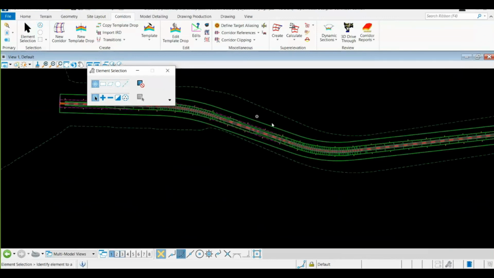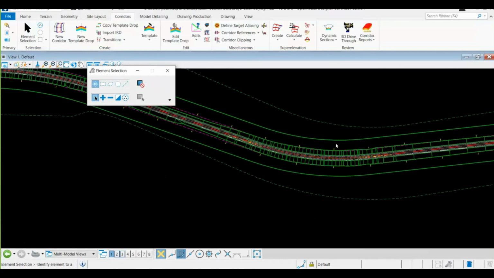This outer green boundary was earlier not present since we have applied our super elevation. So this is basically my superelevation section. And as I have assigned and selected my rule file, selected my E and L values, and given the design speed, super elevation has been applied.